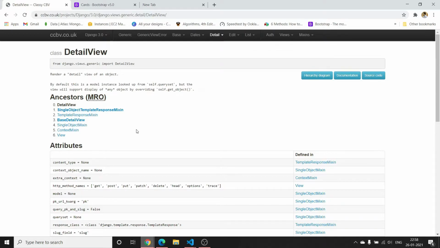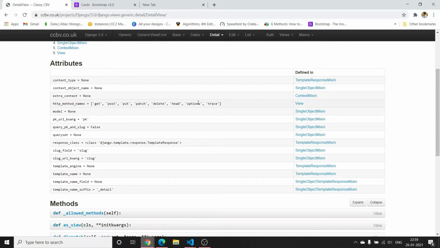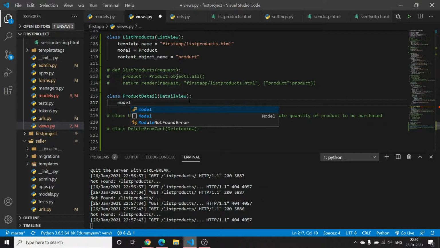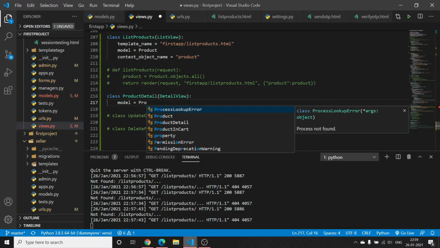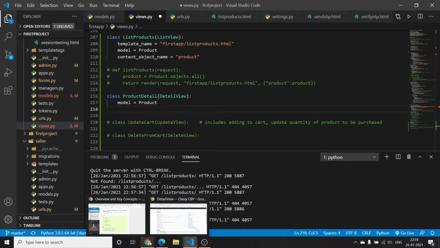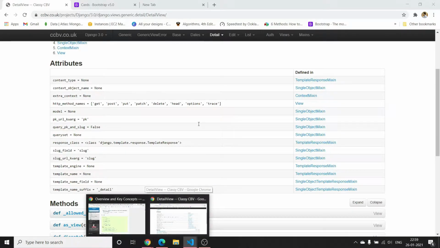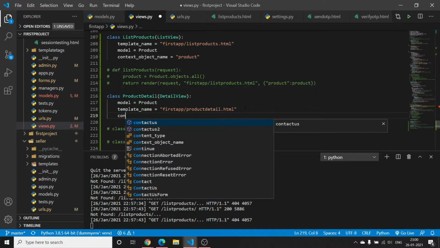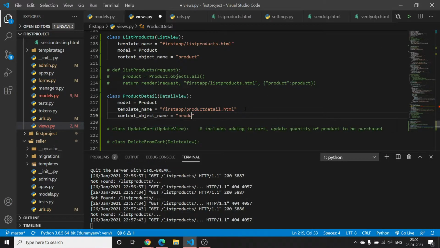So we'll click on that. Let's add attributes here. First add a model attribute. In model we have to mention the model name, that is Product. Then we will add the template name: first_app/product_detail.html, and here we will write a context_object_name, product.